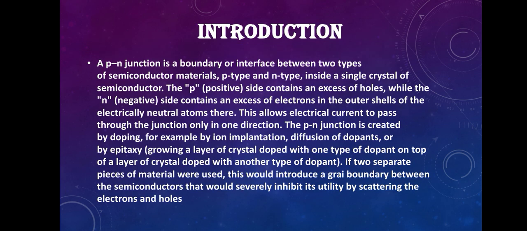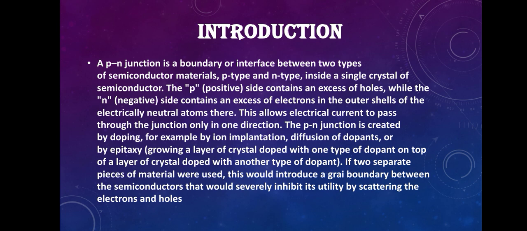Introduction. A PN junction is a boundary or interface between two types of semiconductor materials, P-type and N-type. Inside a single crystal of semiconductor, the P positive side contains an excess of holes while the N negative side contains an excess of electrons in the outer shells of the electrically neutral atoms. This allows electrical current to pass through the junction only in